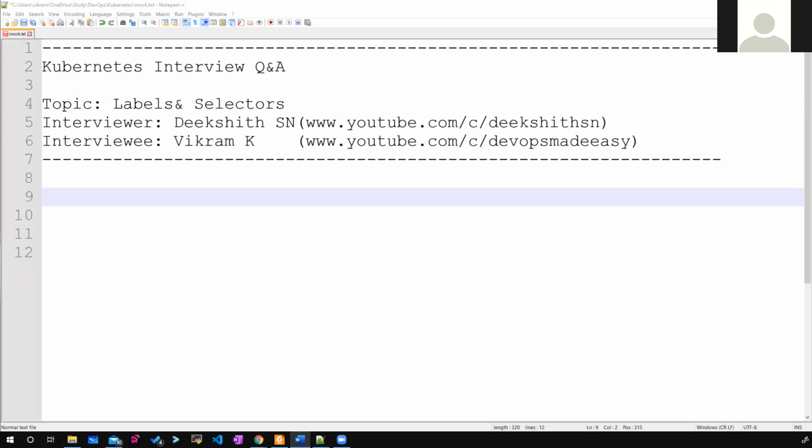Okay, you mean to say you're going to check that the selector in the service should match the labels which you have defined in the deployment file of a pod. Yes, exactly. Let's say, for example, you have created a service and you have created 3 replicas of one application. Now traffic is working fine, redirected to all 3 pods.